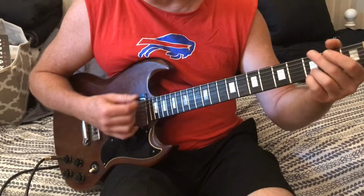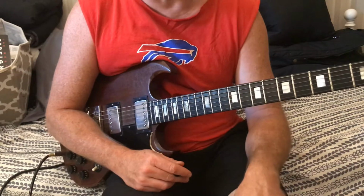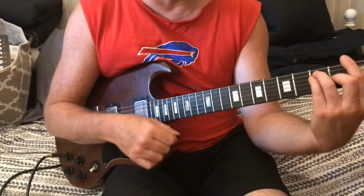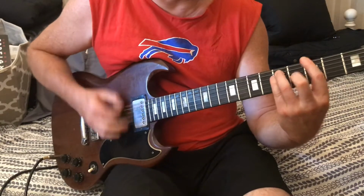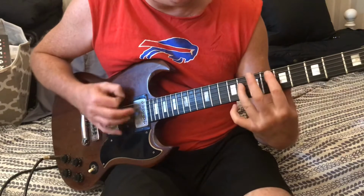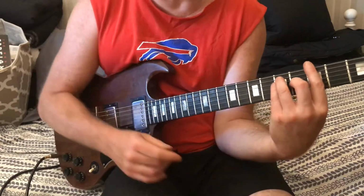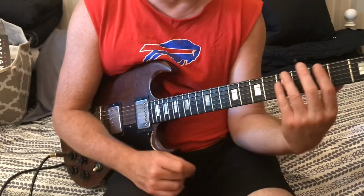One time it goes to, and another time then it goes to the next part. So we did that other part already, so let's go to the next part. So it's coming out of that. Another time it goes. So what I'm doing there, I want to show you the lead to this part too. There's a lead over this. So what we do there is we're going to go,